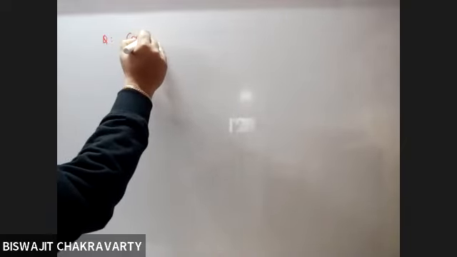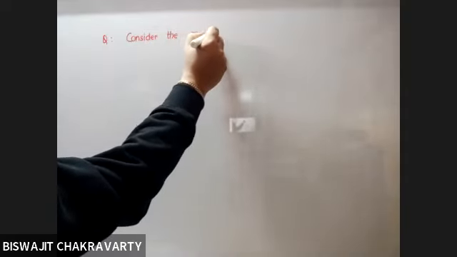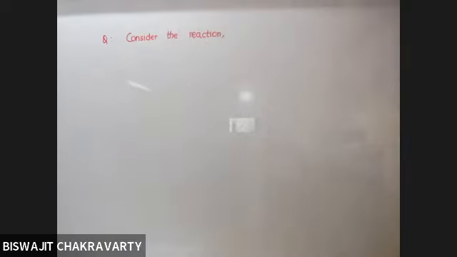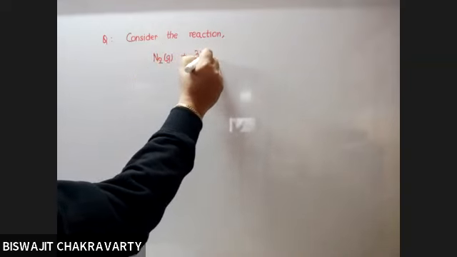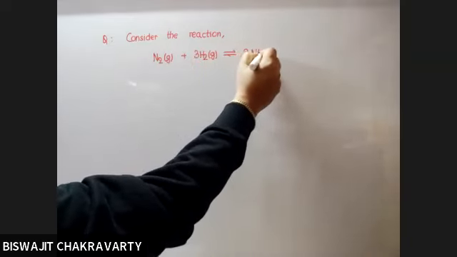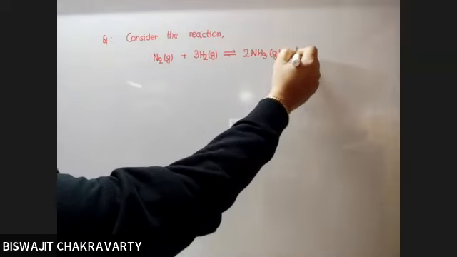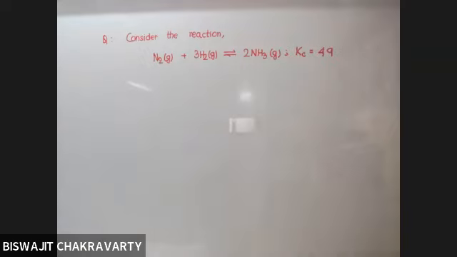Suppose you are given a question. Consider the reaction N2 gas plus thrice H2 gas reversible twice NH3 gas, whose Kc value is say 49. Okay, Kc value 49 দিয়া আছে।